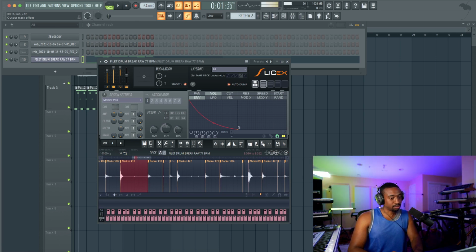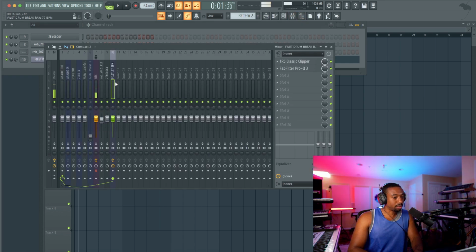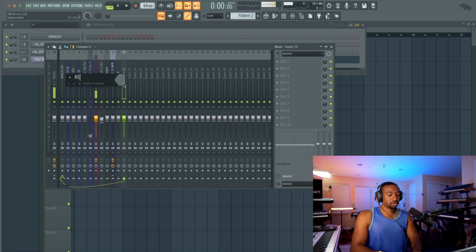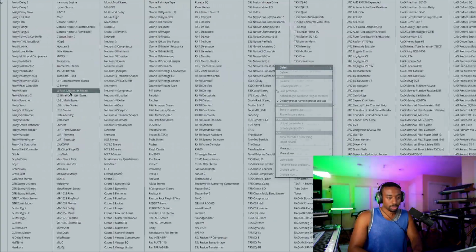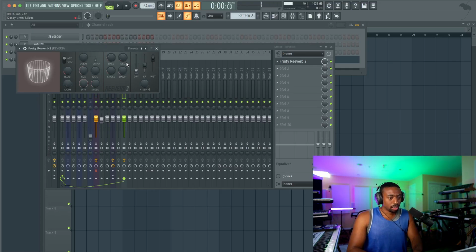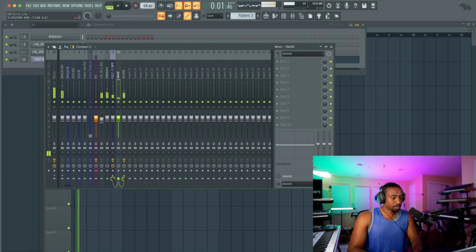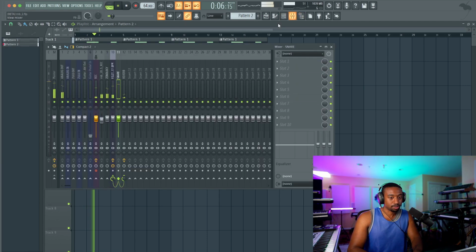So in the mixer, what this means is now we're sending this sound to a different mixer slot than everything else. So I'm going to still route it to the drum mix, but now the snare is on its own mixer channel. So what I'm going to do is right click, route directly to the group again, but also send that snare to a reverb, so that we have a long tail type of vibe. I'm just gonna use a stock reverb because I don't feel like loading up a bunch of plugins. I know I'm moving quickly here, but this is just kind of arbitrary styling of the sound.